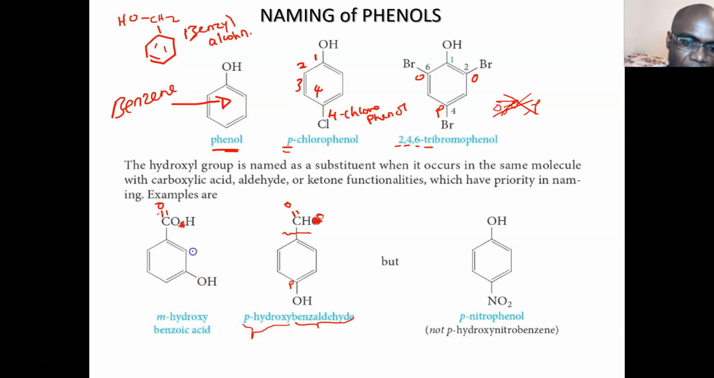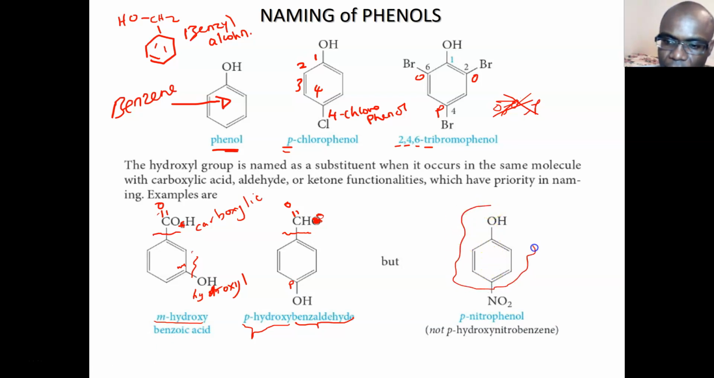Okay, here the OH is on the meta position to your reference group, which is a carboxylic acid. So that tells you when you have aldehydes and carboxylic acids, they take priority. So now OH becomes a substituent. So instead of ol, we are using the name hydroxy. So meta-hydroxybenzoic acid. Okay,